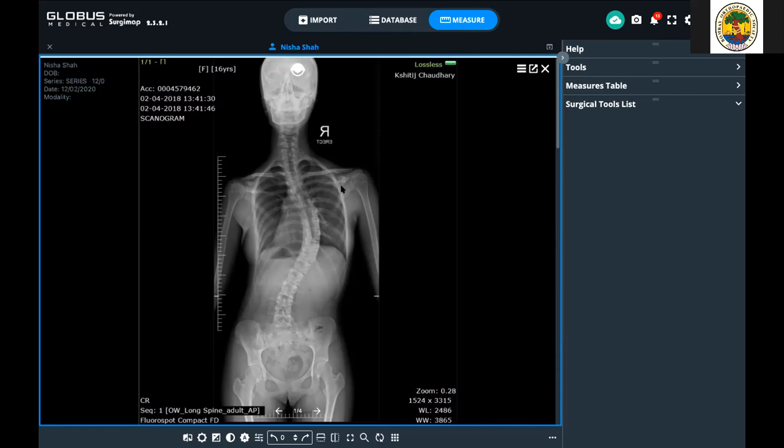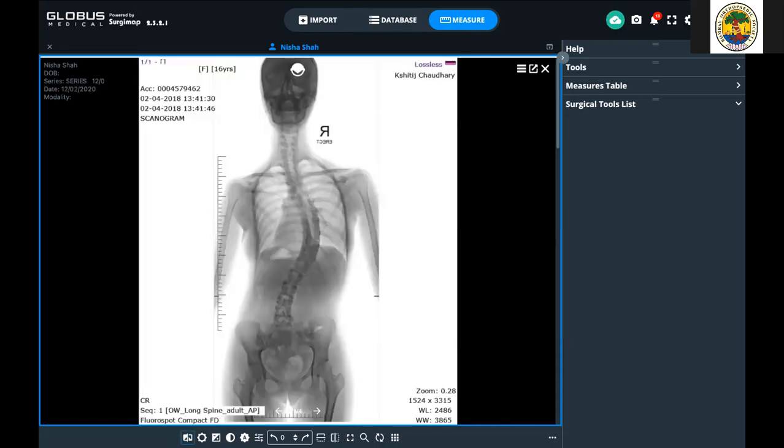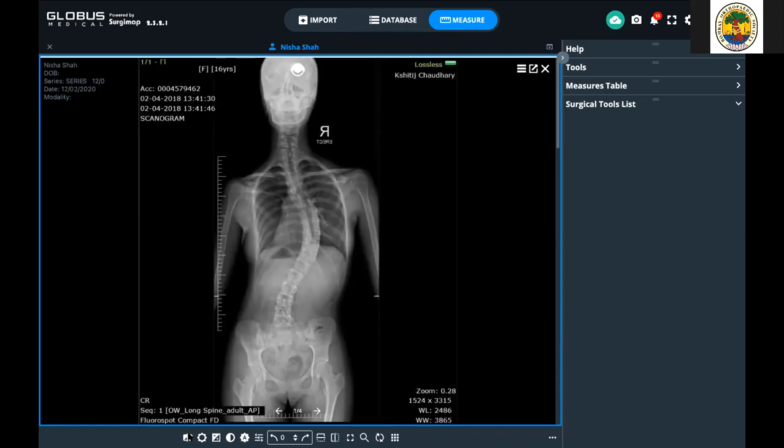So just to give you an overview, this is the image, the AP image that is uploaded, and there are a lot of functions there at the bottom. So the first one inverts the image. Some people like to see it like this. Some people like to see it like this, whatever works. This one is